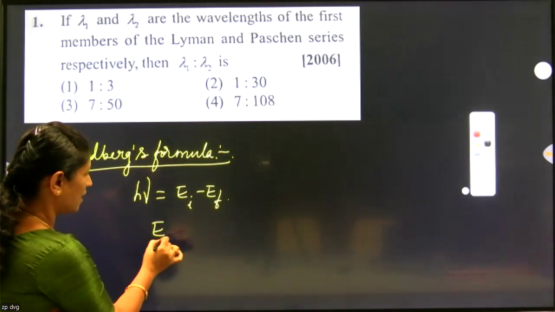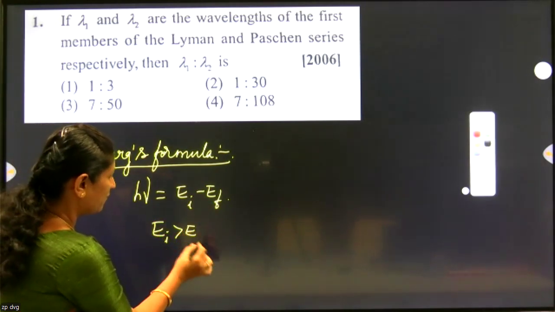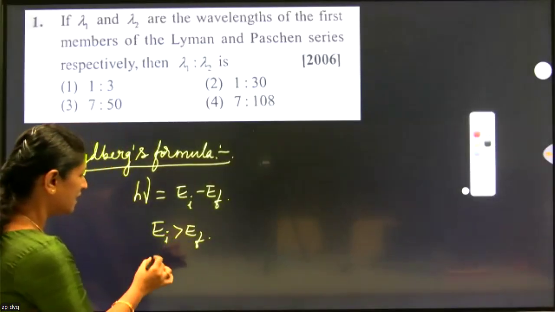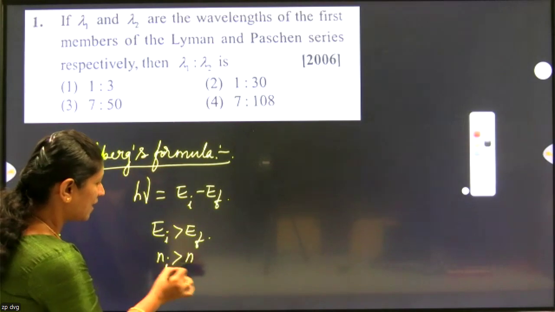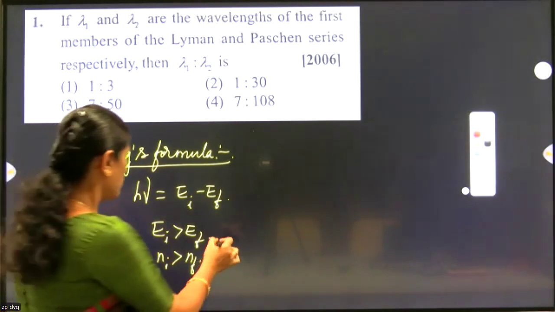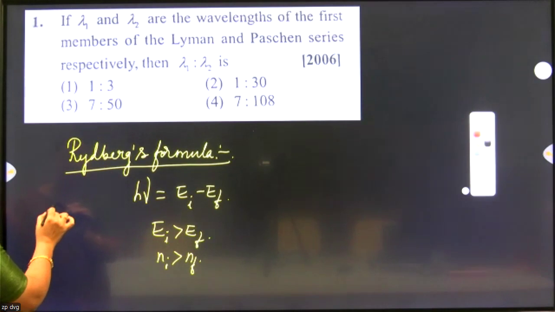Ei is always greater than Ef, and Ei corresponds to the energy level ni, which is greater than nf. We know that Ei